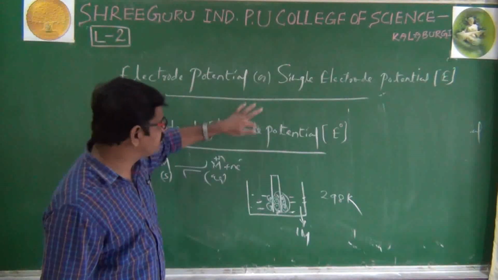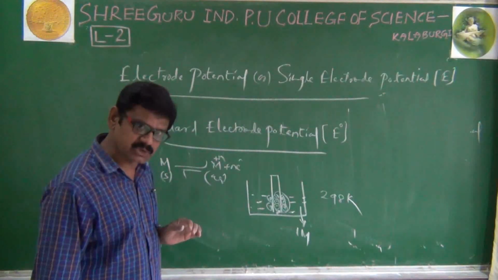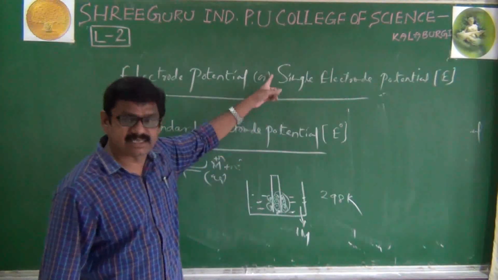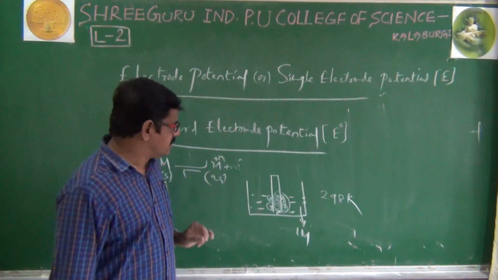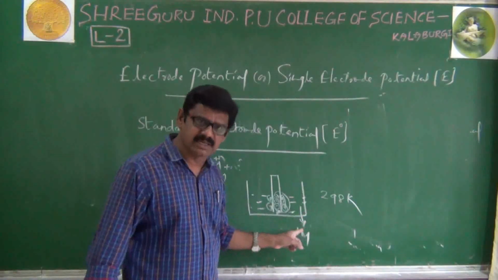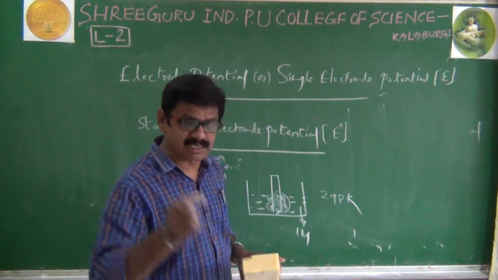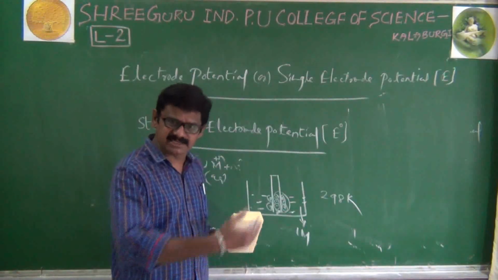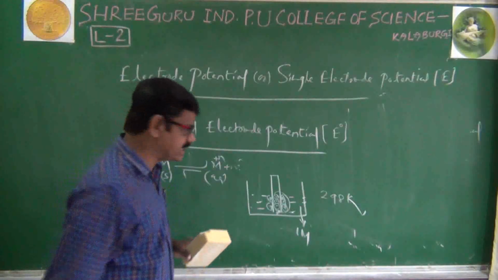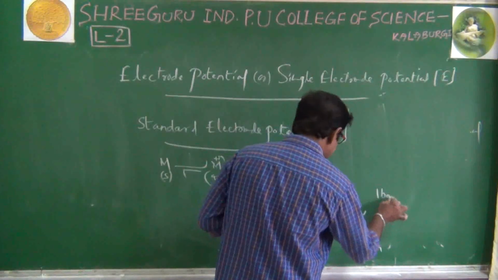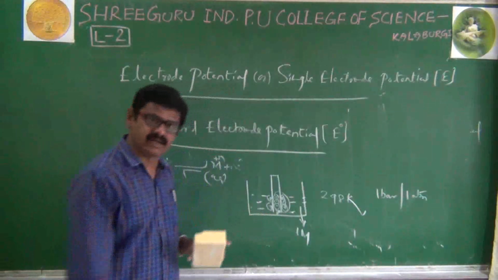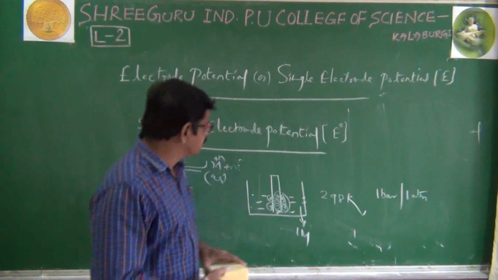What is the major difference between a single electrode potential and a standard electrode potential? Here we have to maintain proper conditions. Here conditions are not restricted. Next, for metal electrodes, you have to maintain these two conditions, and for non-metal, for example gaseous electrodes, we will discuss them shortly. For gaseous electrodes, one more condition you have to maintain, that is pressure. It is either 1 bar or 1 atmosphere pressure, particularly for gaseous electrodes. Okay, next.